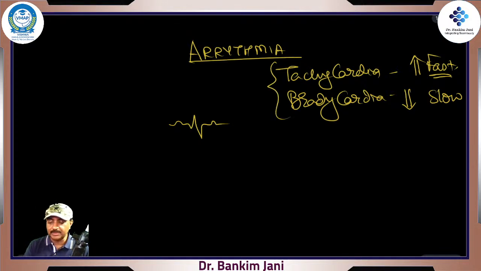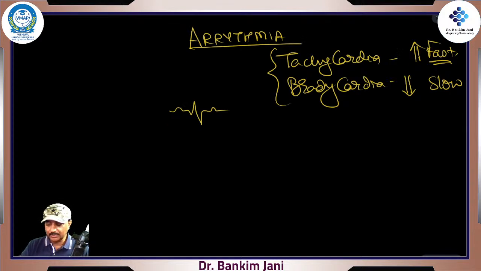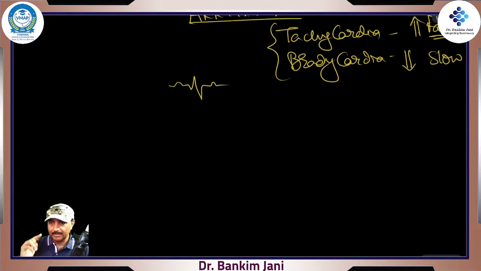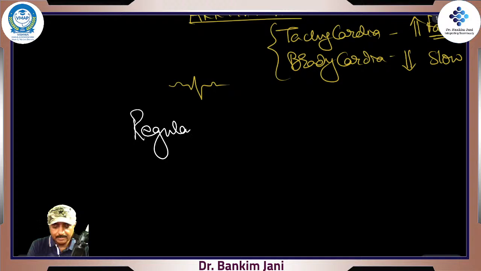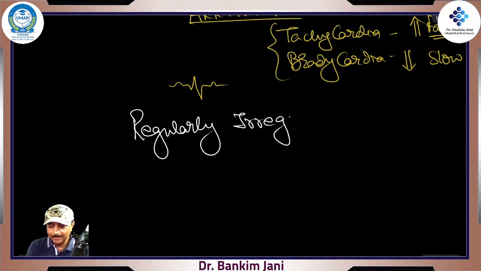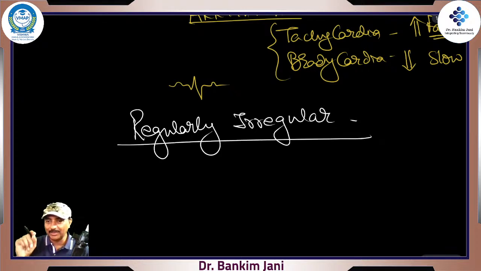When this rhythm is broken, so now I'm writing two words. I just want to give you an idea: if I say regularly irregular, right? This is not a literature class, but when we say regularly irregular, are you understanding it? Regularly irregular. So think of it like this if we really want to draw.